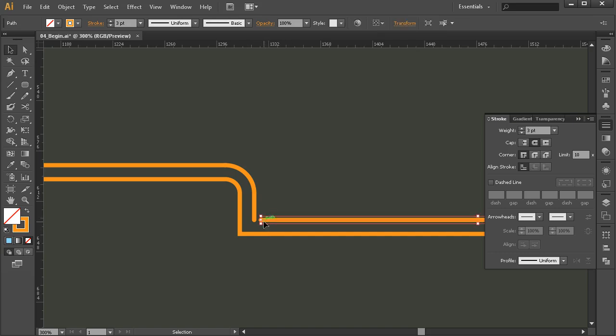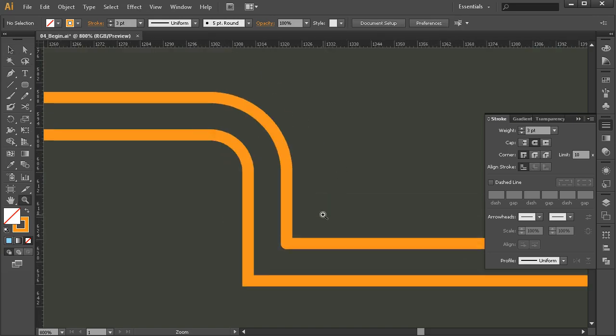Now, personally, I think this one actually might look better if we left it a corner. So I'm going to go ahead and just bring those back together. And I would actually prefer to cut this right here. So I'll grab my scissors tool again. We'll cut this piece and then just come back in there with the direct selection, pull that down a little bit. So now it's going to kind of have more of a corner right there,